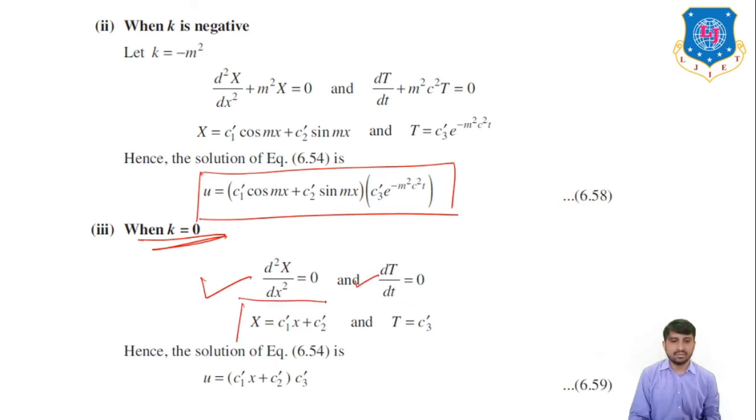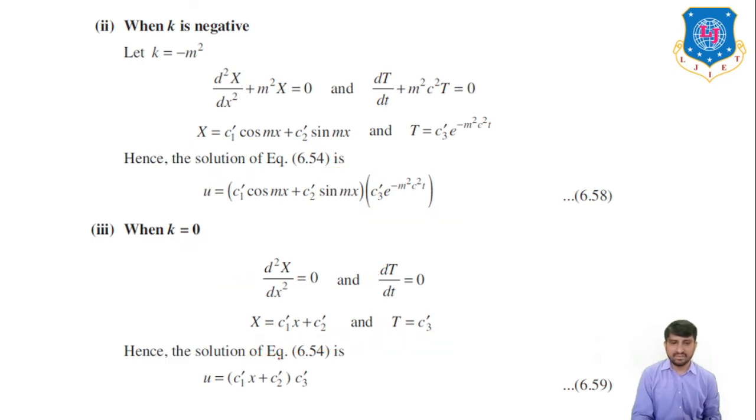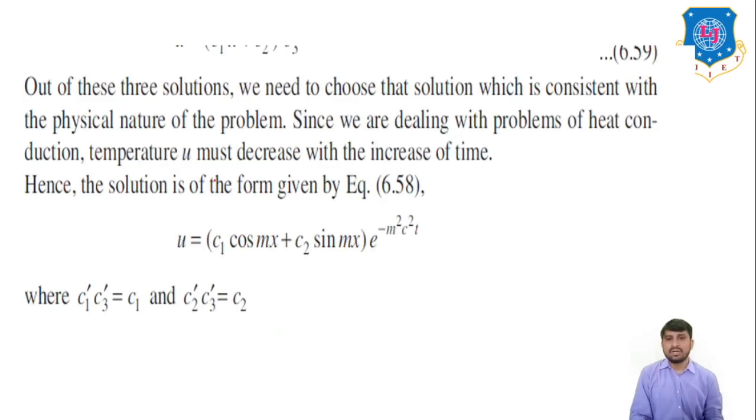So X is equal to c1' x plus c2', and T is equal to c3'. Okay, as the solution of equation 6.54, u is equal to c1' x plus c2' and c3'. Okay, so now out of these three solutions, we need to choose the solution which is consistent. Once again, as we discussed in the wave equation, so in the physical nature of the problem, since we are